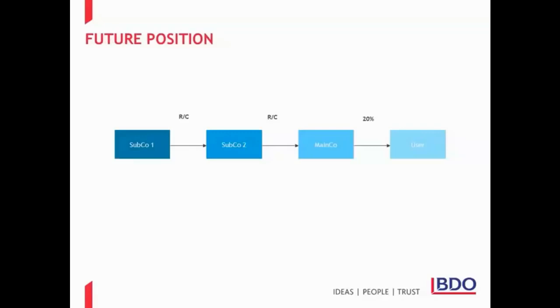In the supply chain we looked at, this will mean that subcontractor 1 will raise an invoice for, say, £100 to subcontractor 2. However, subcontractor 1 will not charge and declare £20 VAT as output tax to HMRC on its VAT return for the relevant period. Rather, subcontractor 2 will include £20 as input tax and a corresponding entry of £20 output tax on the same VAT return. Assuming subcontractor 2 is entitled to full VAT recovery on its costs, subcontractor 2 will essentially be in a nil net position in respect to its purchases.